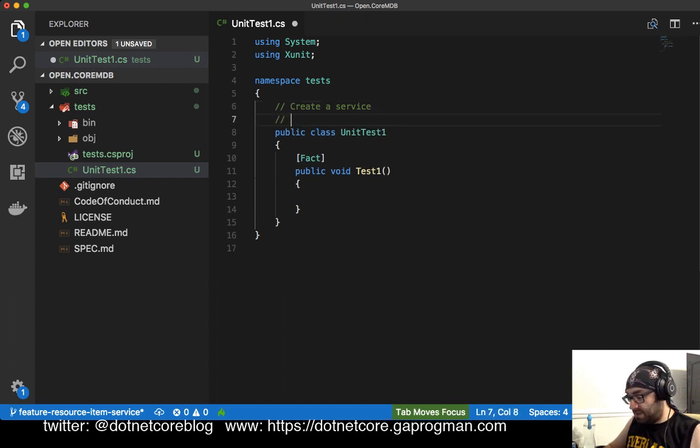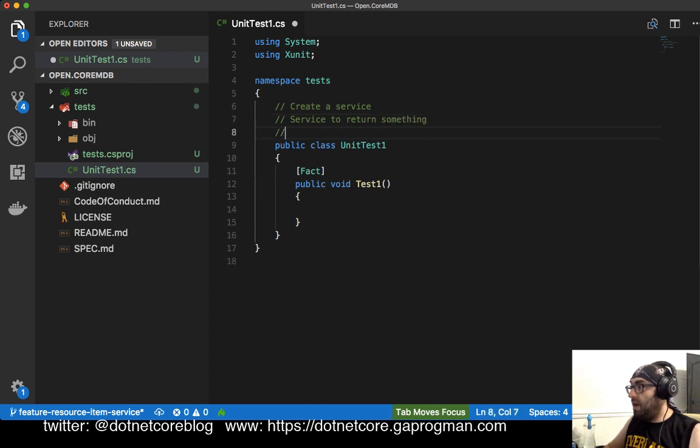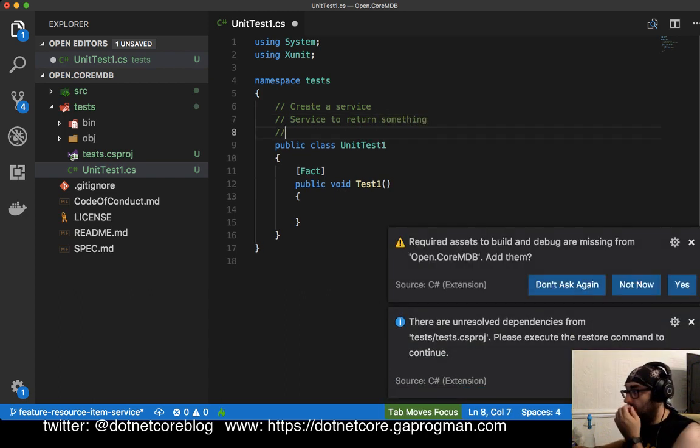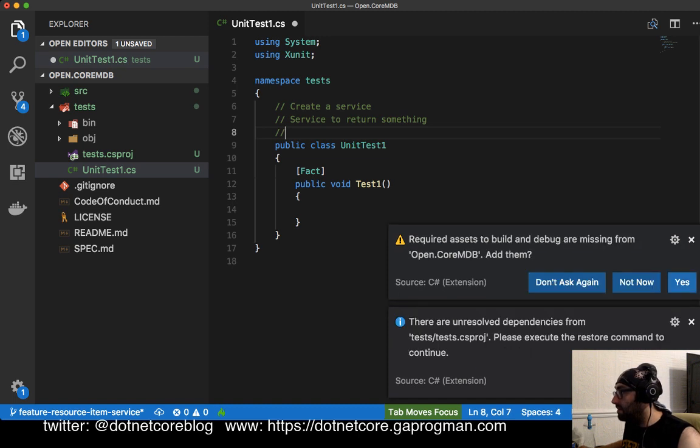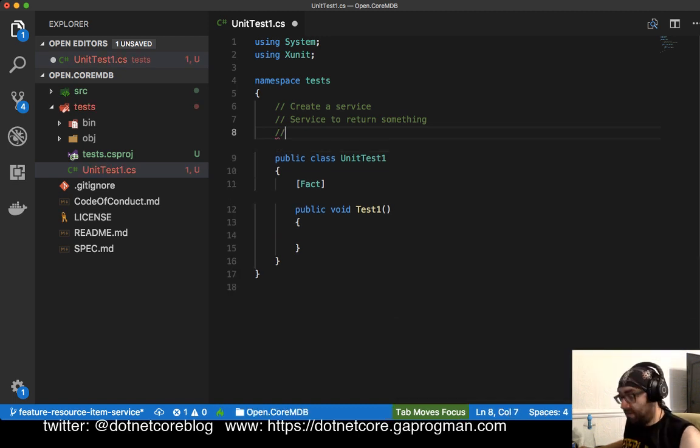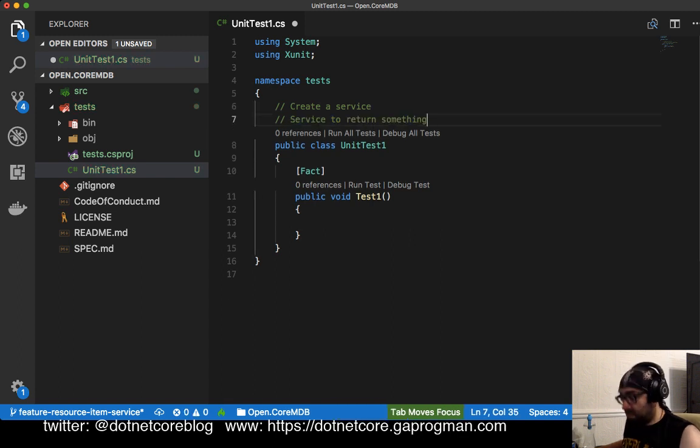We want the service to return something. And that's about it. Okay, so remember... Oh, bother, now I'm getting all of these windows here. You haven't restored... It doesn't like that I do an empty comment there. Oh well. So let's rename this to